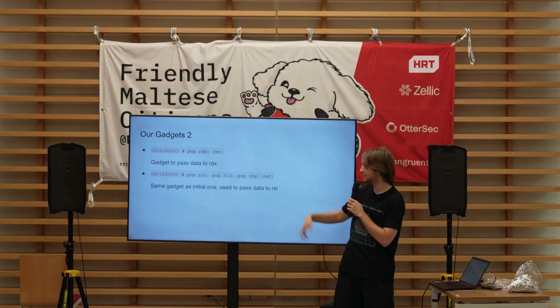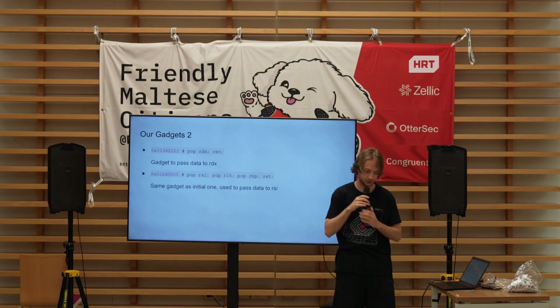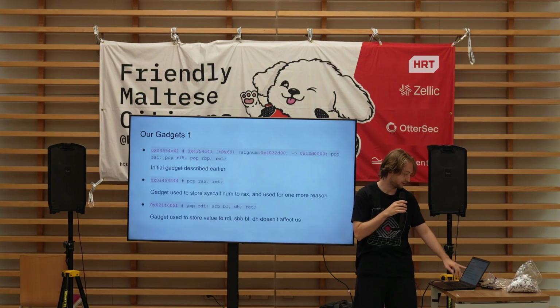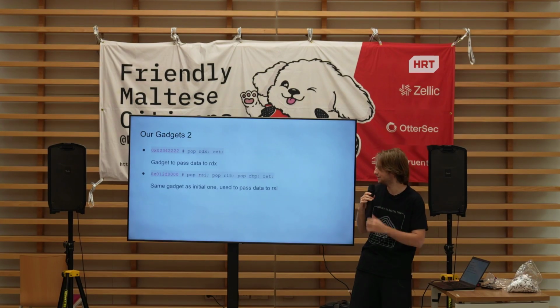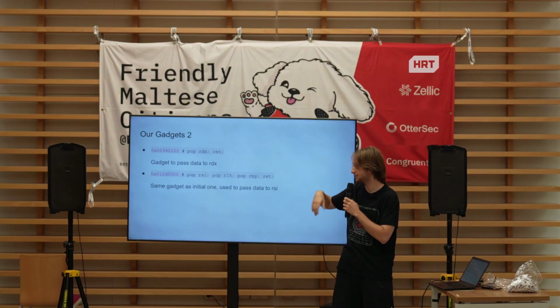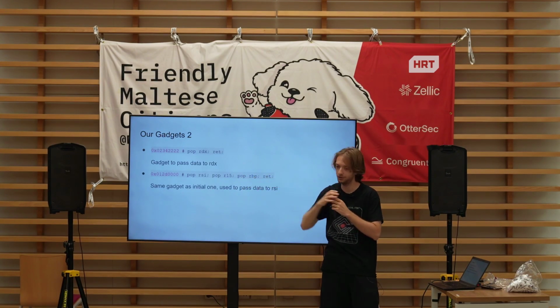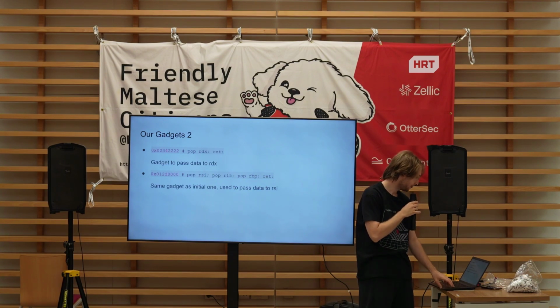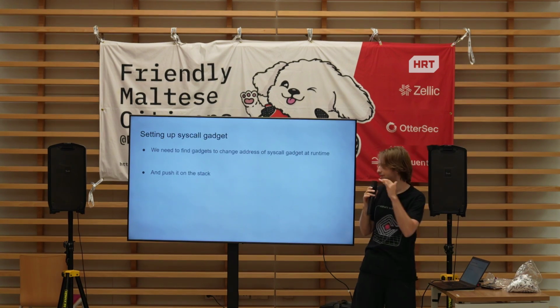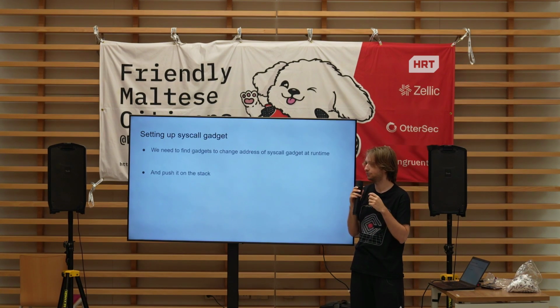A pop RDX gadget, and this is actually the same gadget as was specified in the callback. I didn't find anything else because it's simple and we control RSI with it. We have to pop junk values into R15 and RBP, but we don't really care about that. And this is so far the easy stuff, but the more difficult part was, okay, we still need to somehow